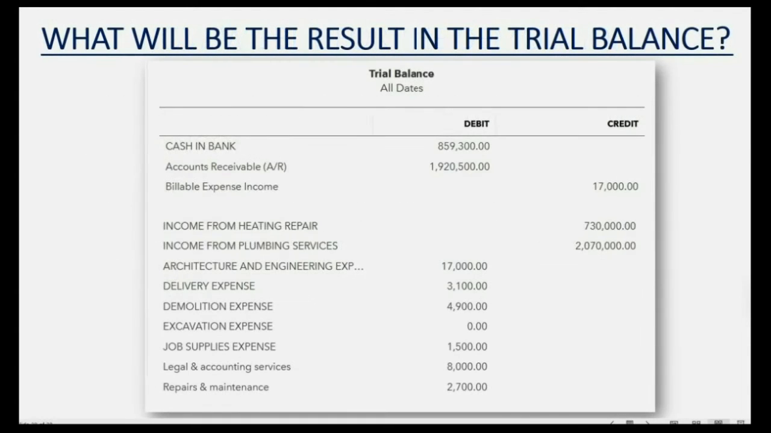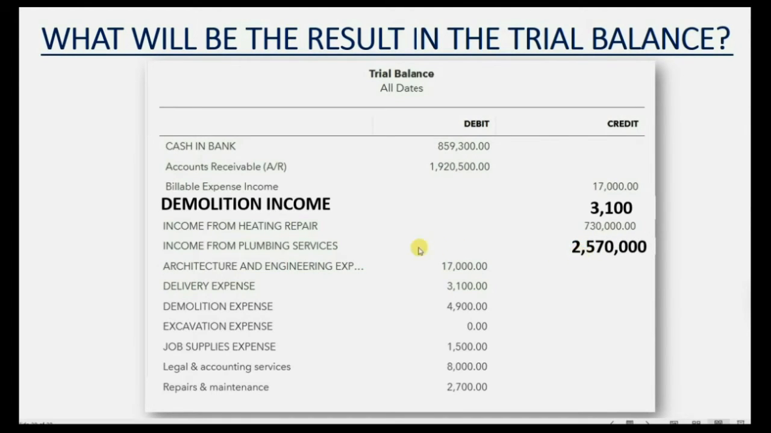So what will be the results in the trial balance at the moment we record this invoice that includes the marked up billable expense? Well, the new account, demolition income, will show up in the trial balance for the first time in the amount that we put on the invoice, $3,100. And of course, because the income from plumbing services has $500,000 on that particular invoice, then that number will increase by an even $500,000, and become